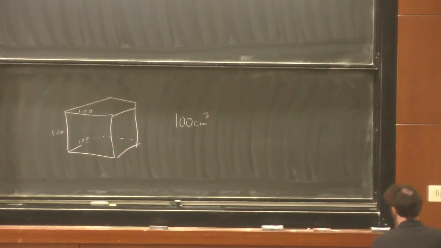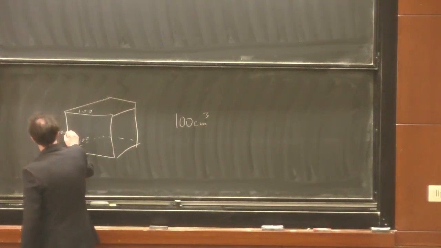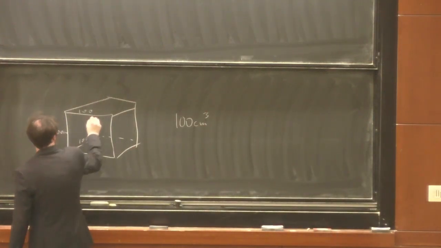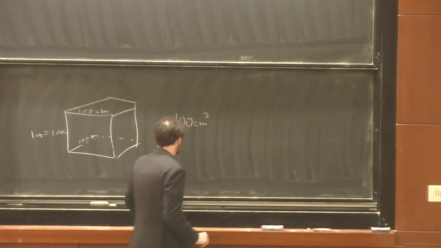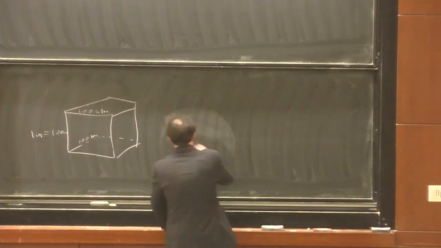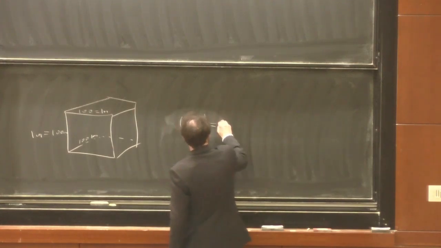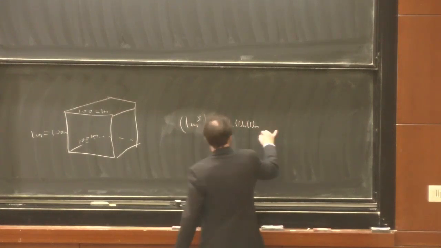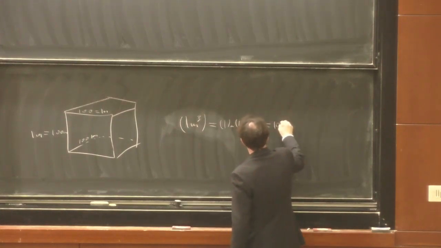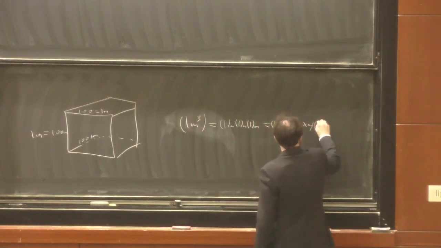Okay, so we have 100 centimeters equals 1 meter, and we have 1 meter in every which way. So if we have 1 meter cubed, that's the same thing as 1 meter times 1 meter times 1 meter. But that's the same as 100 centimeters times 100 centimeters times 100 centimeters, which gives you that